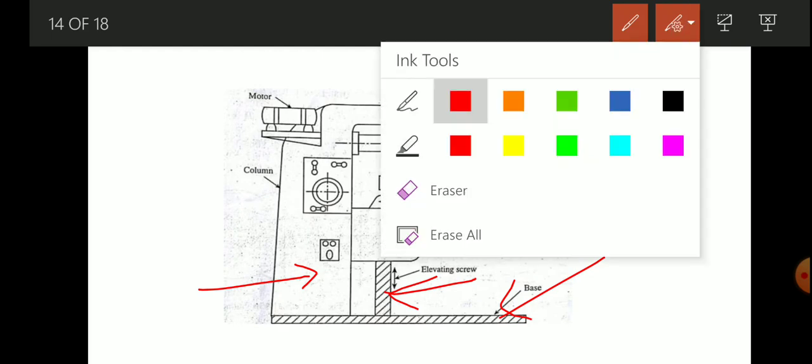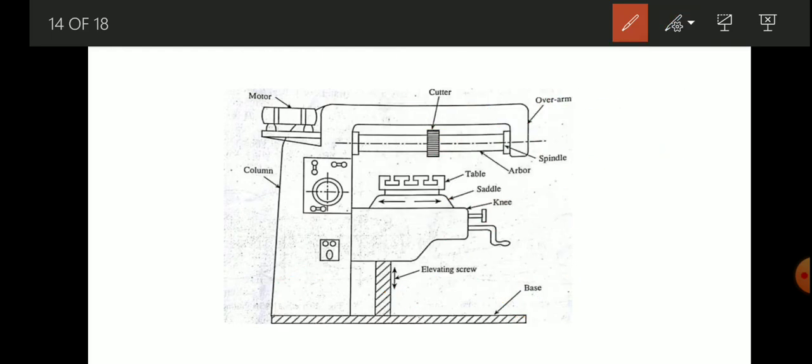Now coming to the explanation part, milling machine is a versatile machine capable of performing a wide variety of operations. The base of milling machine is hollow and is used to store the coolant.